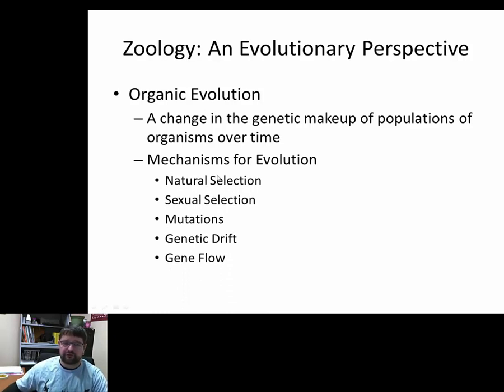So natural selection is, nature selects for organisms that are best suited for the environment. Otherwise, what we call survival of the fittest. Sexual selection. Right? This is another one that is credited to Darwin, and that is that males or females are going to select their mate based on some physical feature or some feature, right, regardless of natural selection.